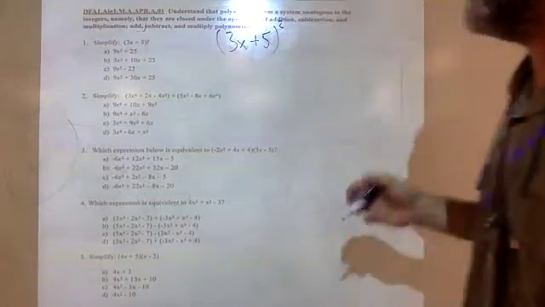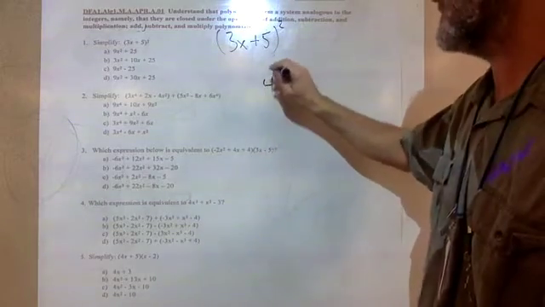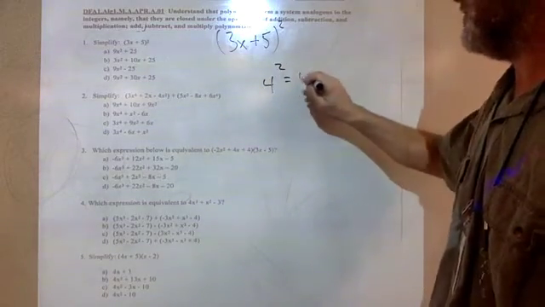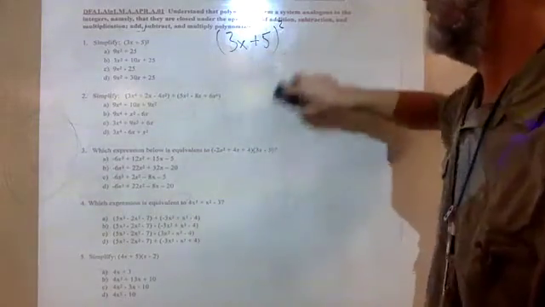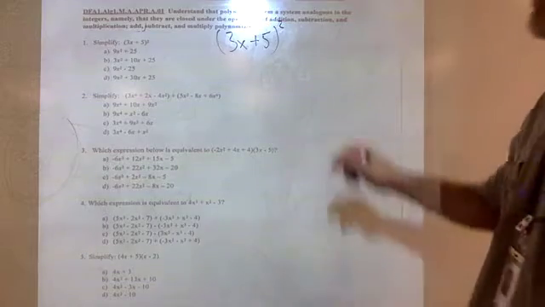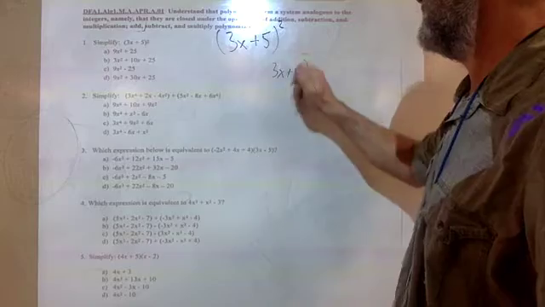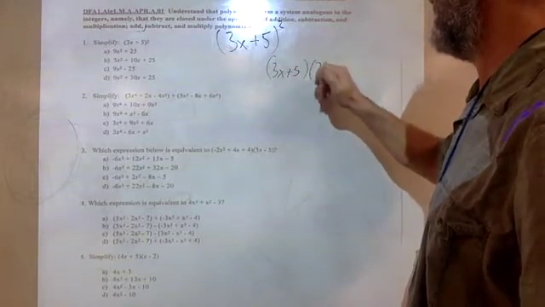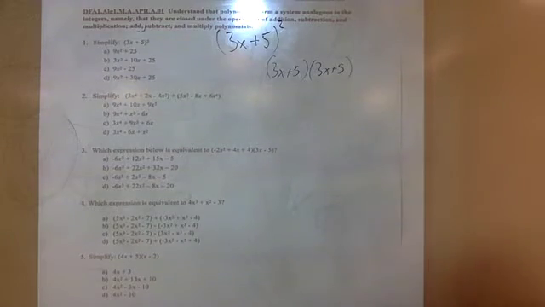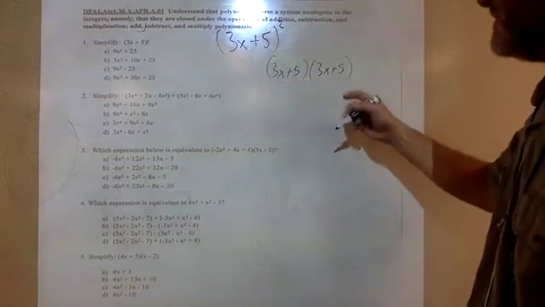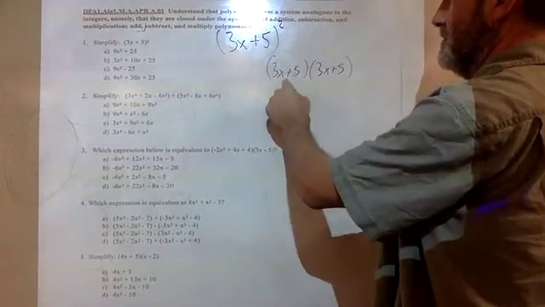So when you square something, you multiply it by itself. For instance, 4 squared, you would multiply 4 times 4. And if you square a parenthesis, you multiply that parenthesis together. So instead of 4 times 4, this is (3x + 5) times another (3x + 5). Whatever you're squaring, you've got to multiply those things twice in a row. And then when you multiply two parentheses together, you're just distributing everything in the first parenthesis through everything in the